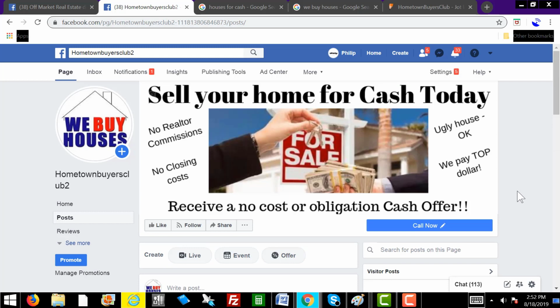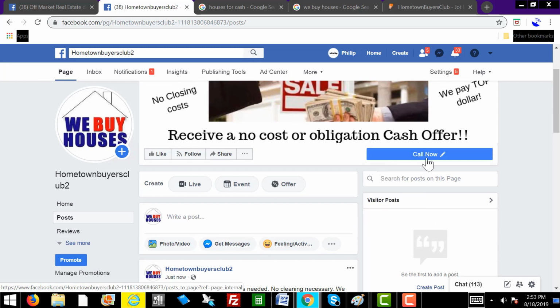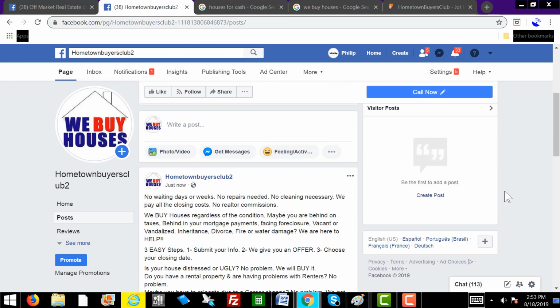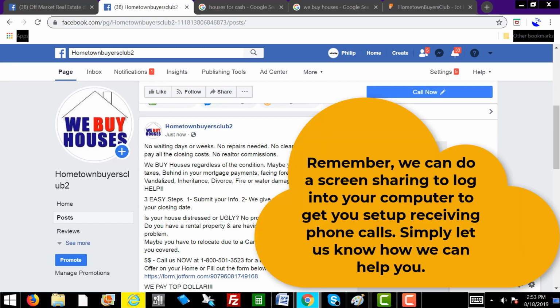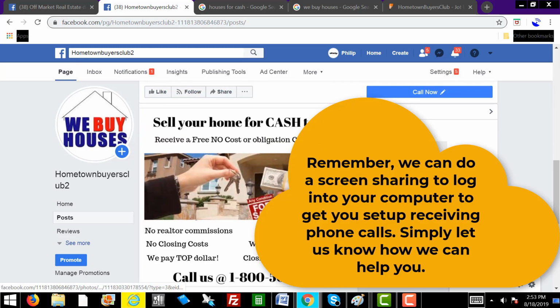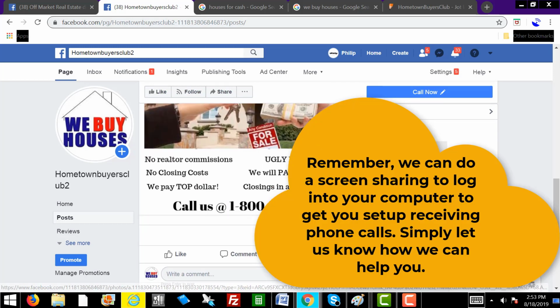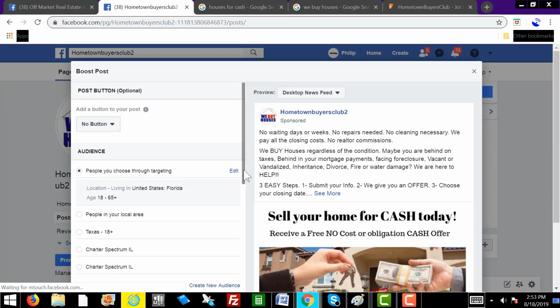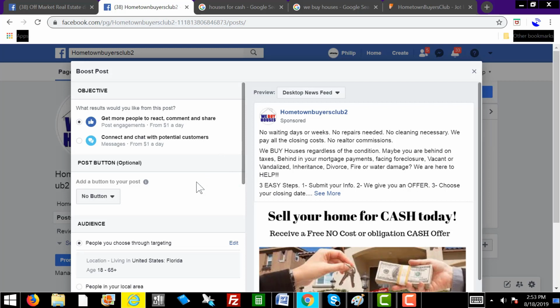Just to recap, we've created the Facebook business page, again, making it look very professional with the Facebook cover, with the logo over here. We've added our toll-free number here so people could just call you by clicking the button. Now we've posted the ad to our own newsfeed, and now we're able to start boosting. So let's go ahead and hit Boost Post, and I'm going to take you through step by step on how